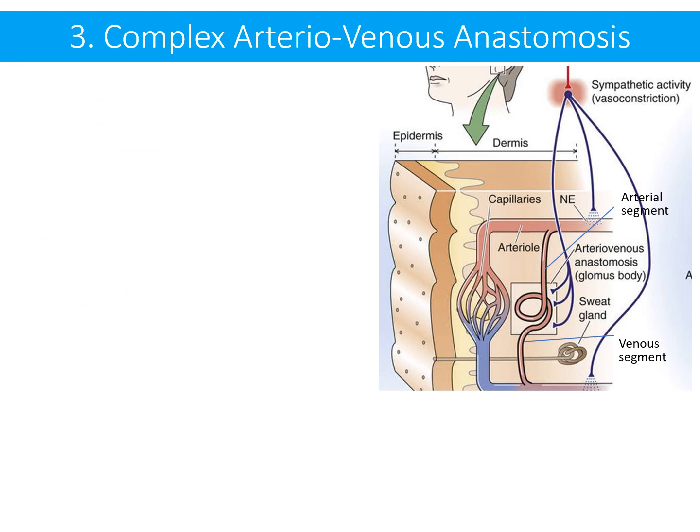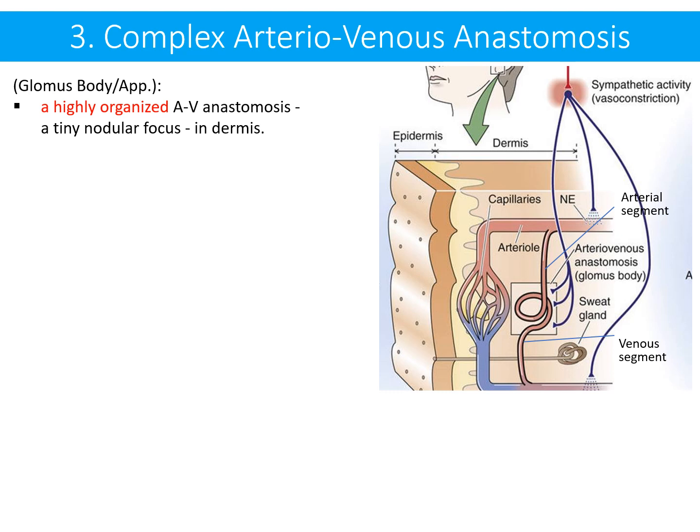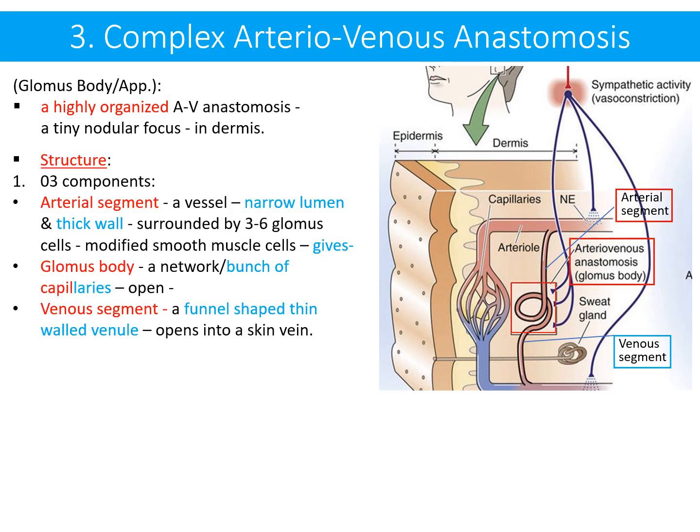Number three, complex arteriovenous anastomosis, which is also named as glomus body or glomus apparatus. It is a highly organized arteriovenous anastomosis in the shape of tiny nodular foci which are present in the dermis of the skin. As regard the structure, it has got three components. First one is arterial segment which is present in the shape of a vessel having narrow lumen and a thick wall. This wall has got